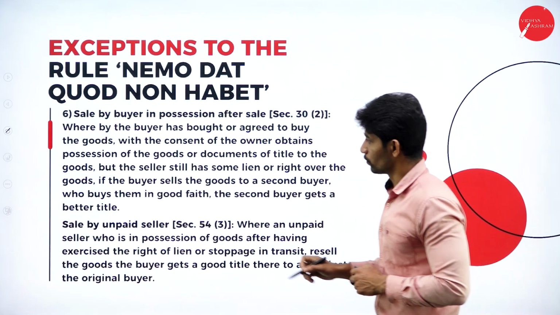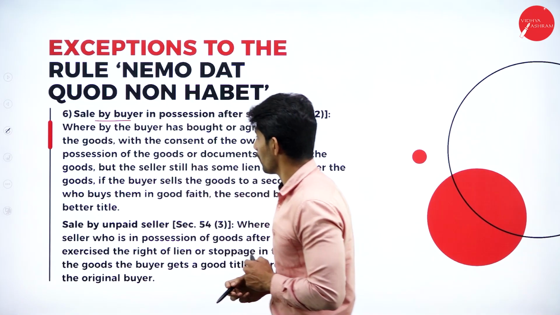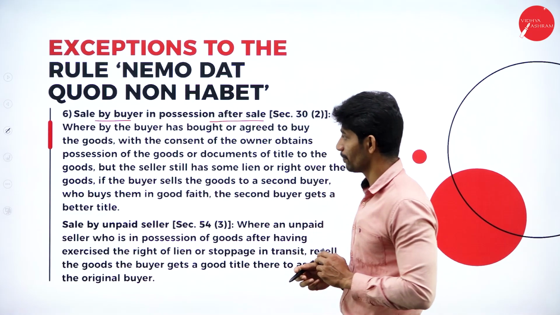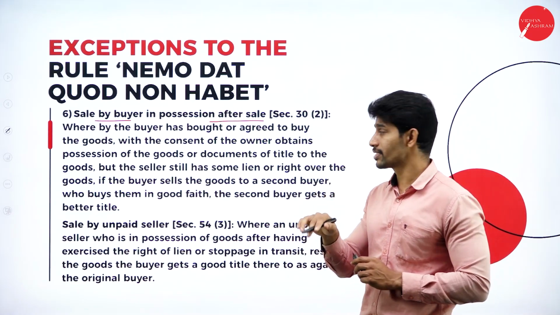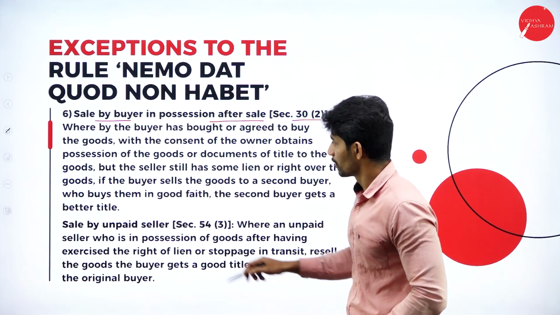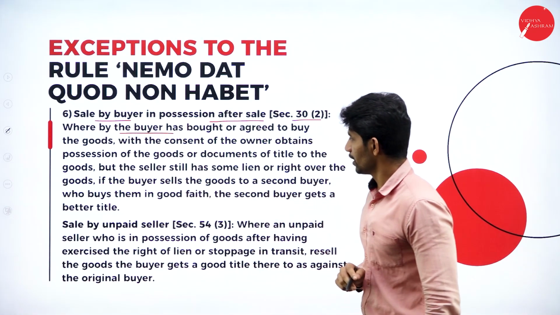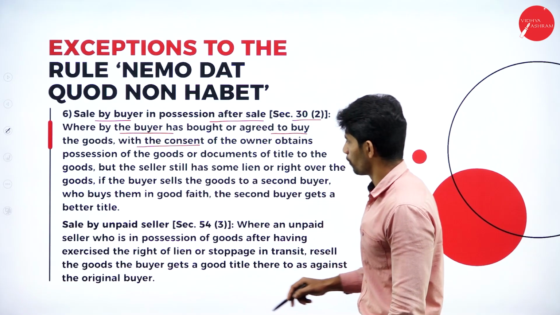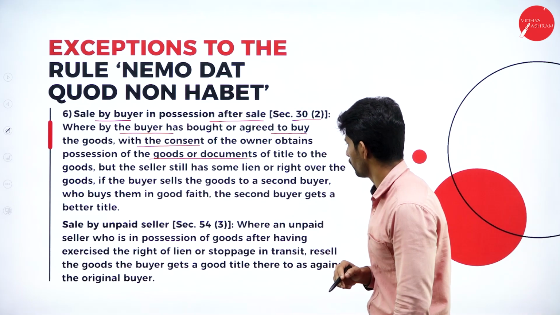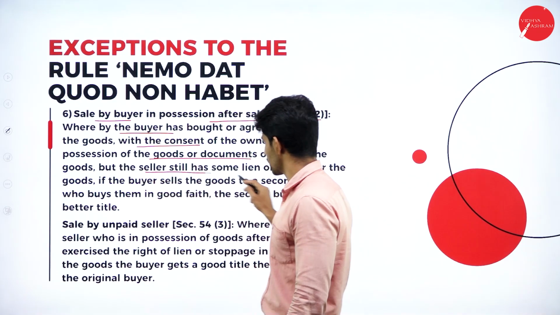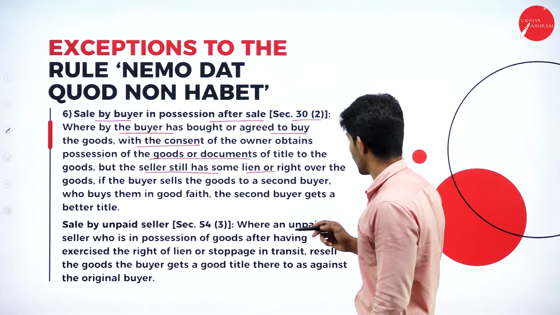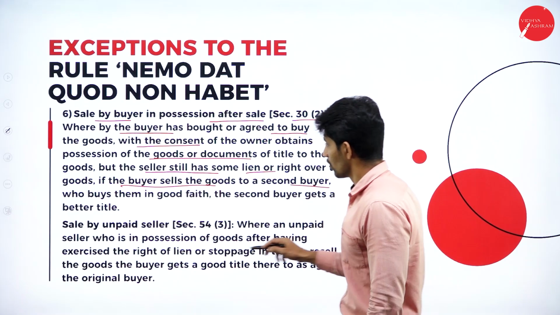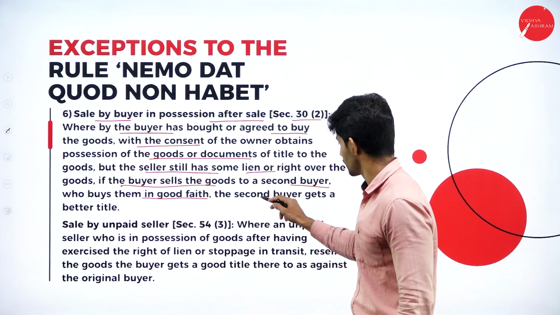And also, sale by buyer in possession after sale. Section 30 subsection 2: where the buyer has bought or agreed to buy the goods with the consent of the owner, obtains possession of the goods or documents of title to the goods, but the seller still has some lien or right over the goods,